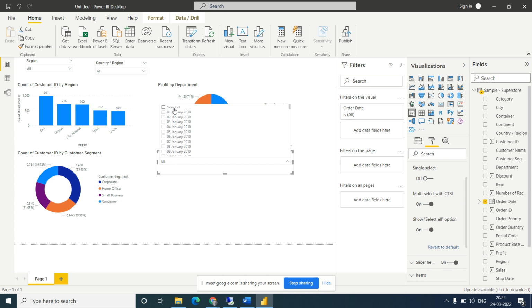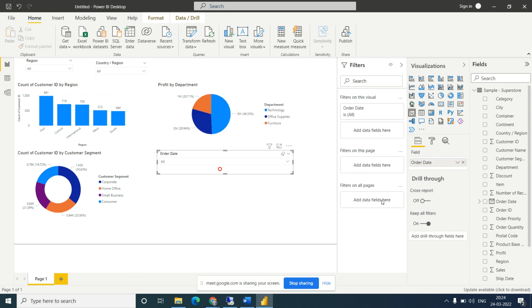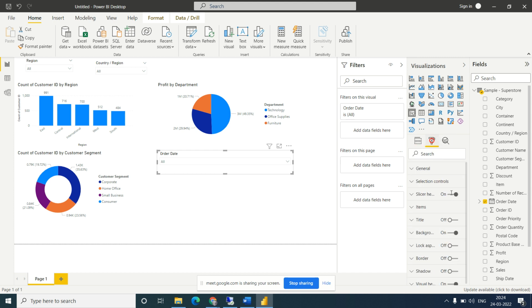So it means you can select all. And there is also a date range. So how to make it a date range?